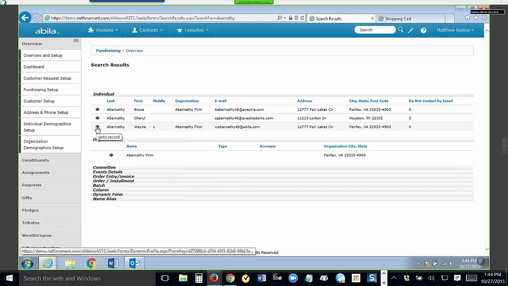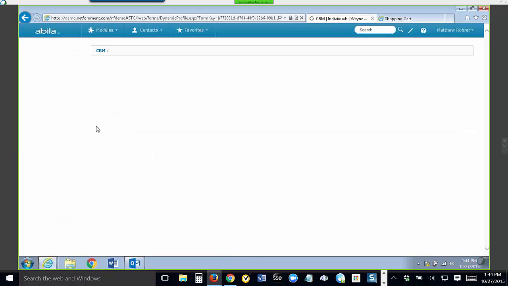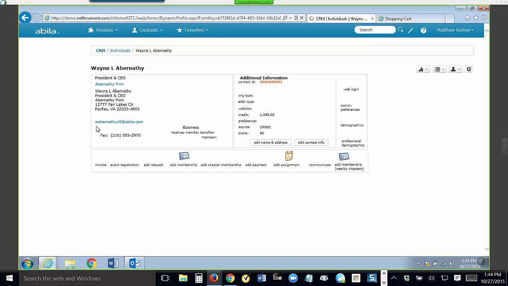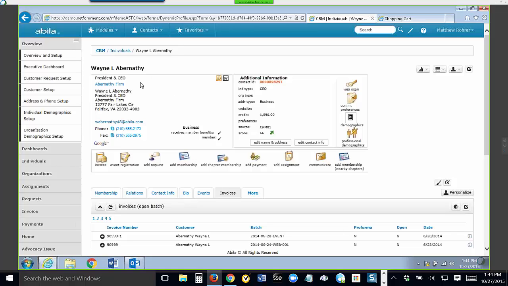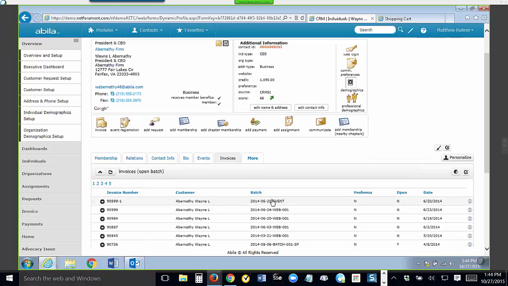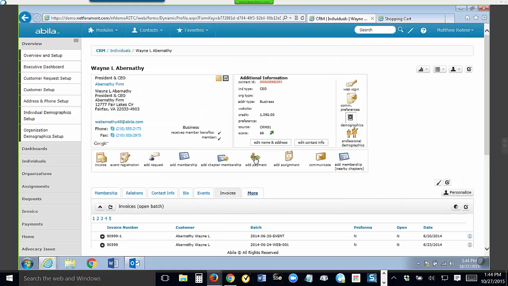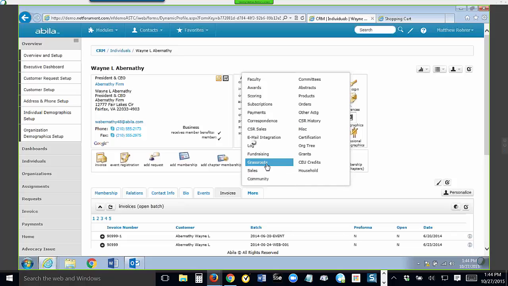Now, what I'll do first is go to his individual record. And you may know that there are different views that we can see here. Of course, from the CRM, the baseline view is really not geared towards donations. It's kind of like a business card here. We see his contact information. Of course, there's the membership tab where we can see his membership information and all that. But I have to dig down into one of the tabs here to see donations and see